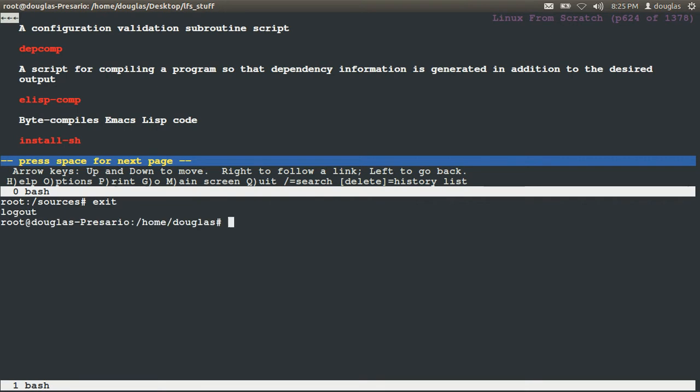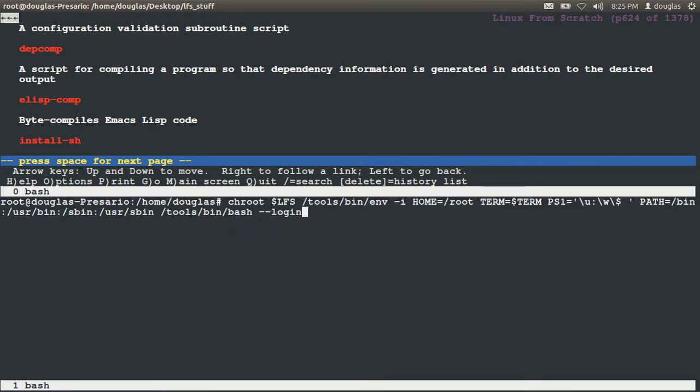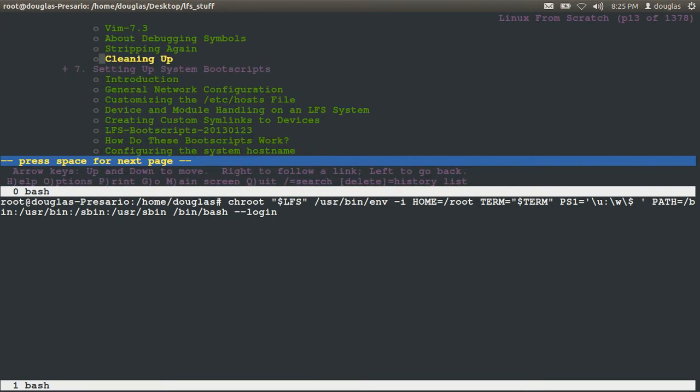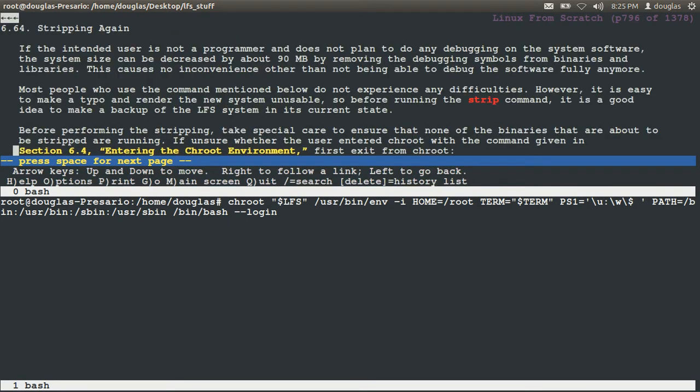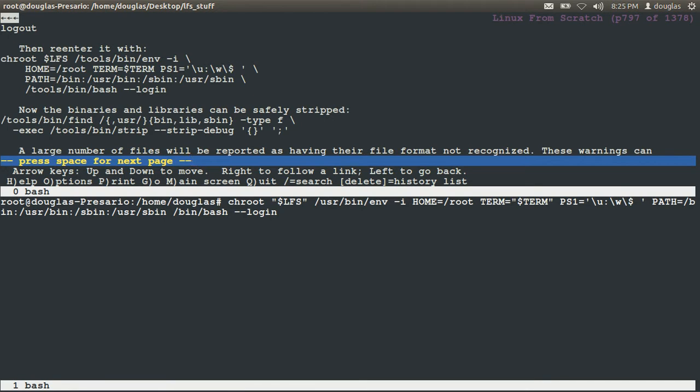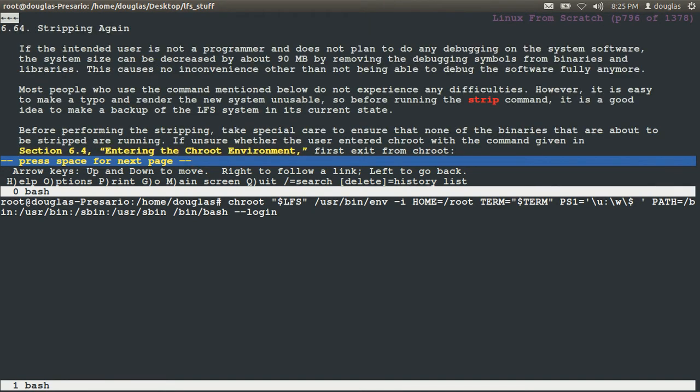Alright, so let's exit this. Okay. Now let's chroot back in how we should have before. Not before, but how the book tells us to. We got stripping again. Okay, let's look at that as a reference. Okay, we've logged out, then said re-enter it. And that was just to clear any... you got to read about that. It says